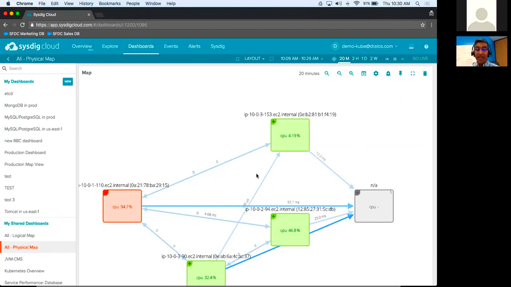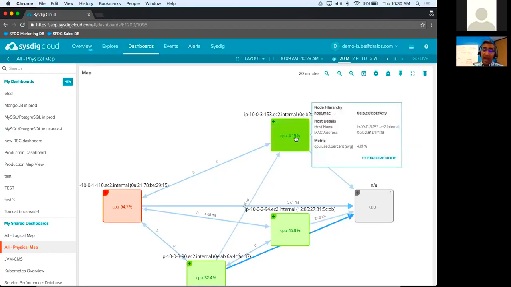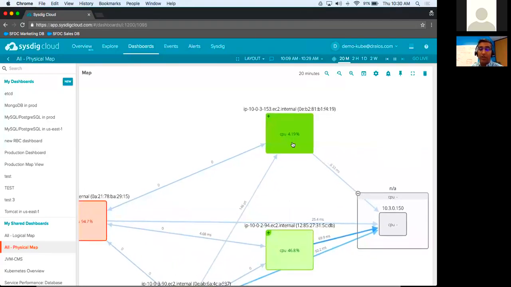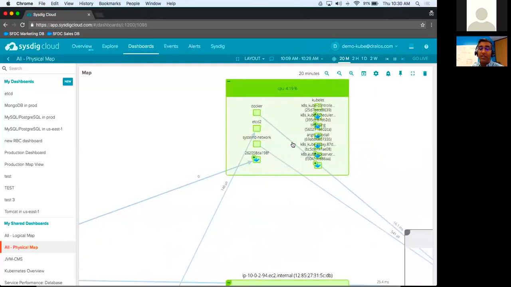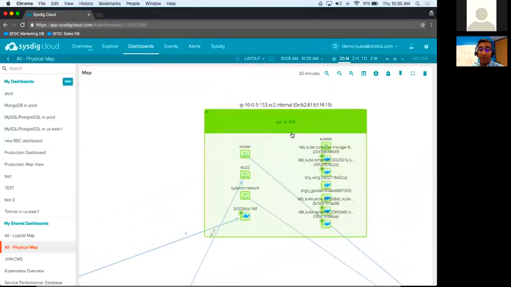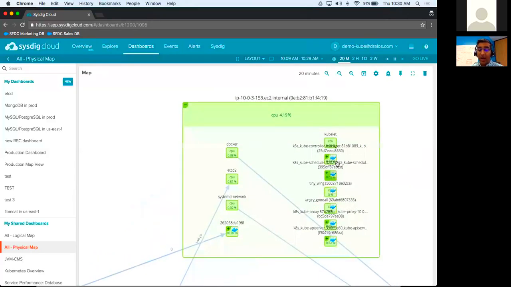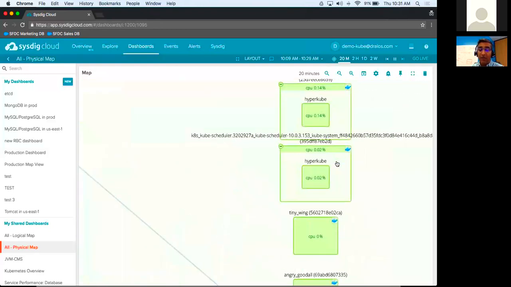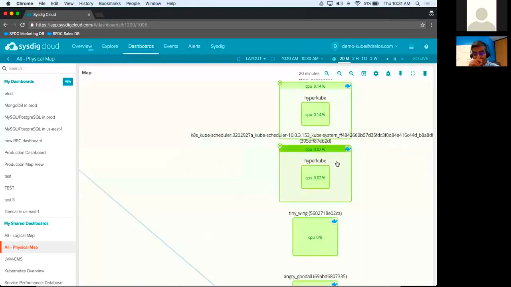But in reality, it doesn't tell you anything about the containers you're running, nor does it tell you about the services. One cool feature we have here is we allow you to treat this like a map. The folks at Google like to call this Google Maps for your infrastructure, which is you can dynamically zoom in here to see the containers running on each and every one of these hosts. So that's pretty cool. I can get not only the containers, but if I keep going, I can get down to the individual processes running in these containers.